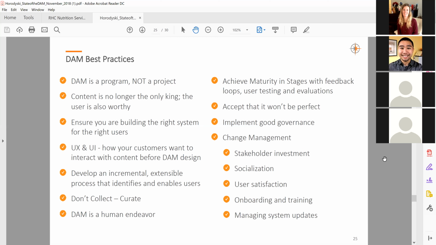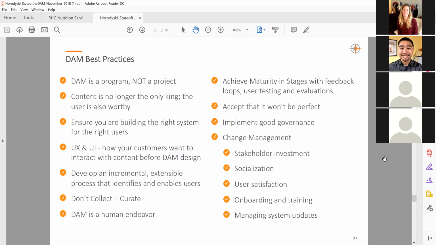This is an incremental process. Let's make sure that we do this in small steps. We don't go too fast. We go in small chunks and get big wins, and then go slowly and keep on getting bigger and bigger as we go along. So you want to make sure that each step of the way we're identifying the users and processes that enable you to not only identify the needs now, but then over time grow and grow and grow.